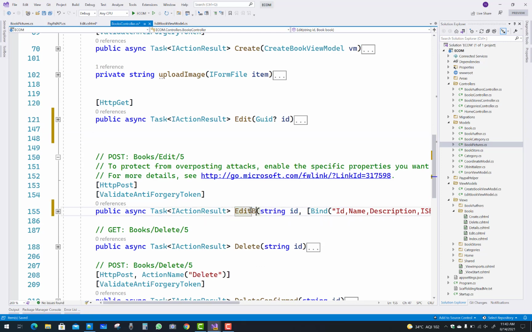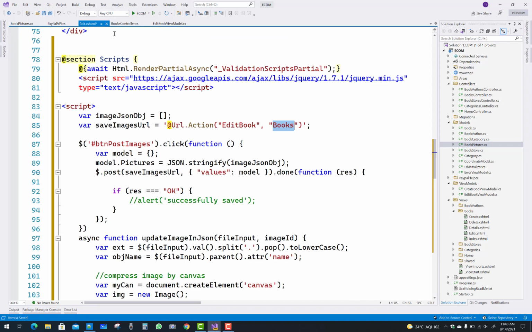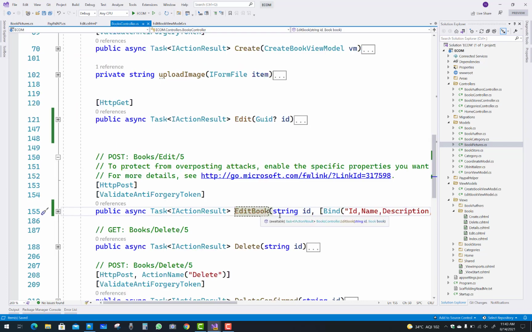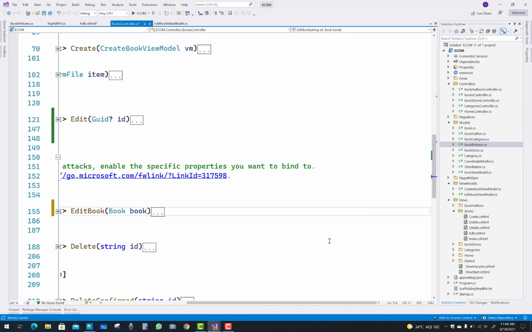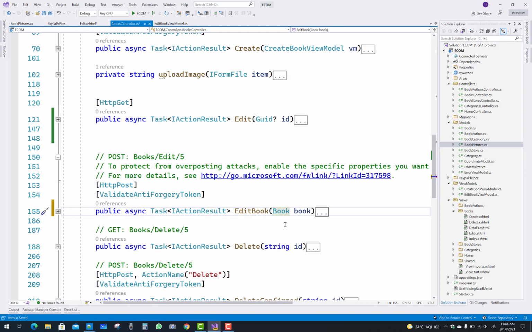So just you can use the scaffolding editing method. String id, and just remove all the scaffold items. Only the edit book view model is passed into the edit book as a parameter.